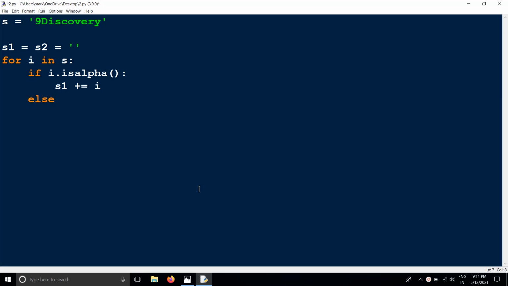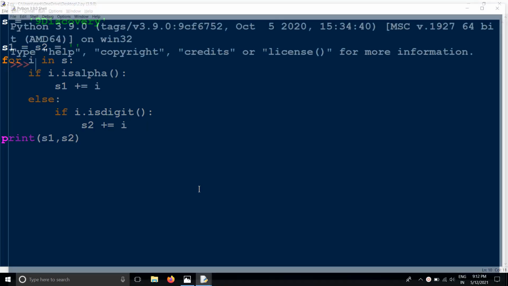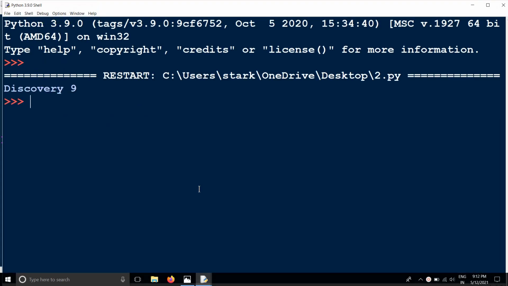Or else, if it is not alphabetical, then if i dot isdigit, for accessing the numbers in a string we are using the isdigit method, and then S2 is equal to S2 plus i. So now if I print this, we will check what values we are getting for S1 and S2. So we are getting discovery and 9.